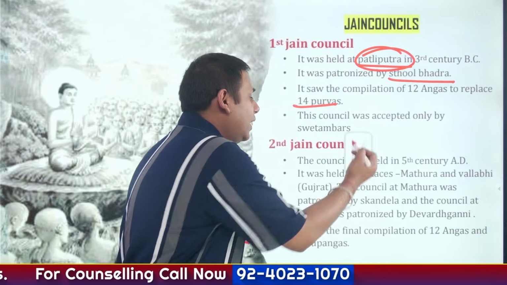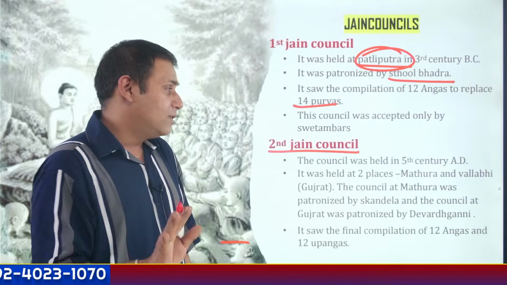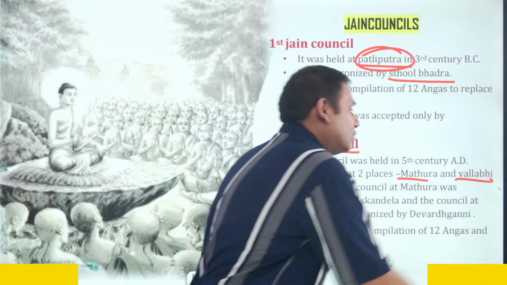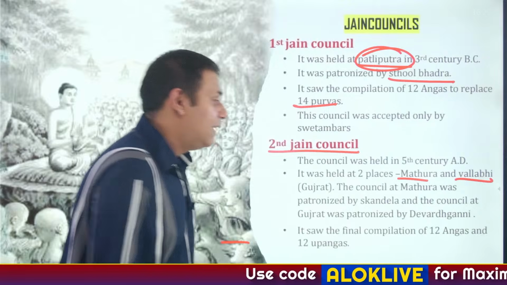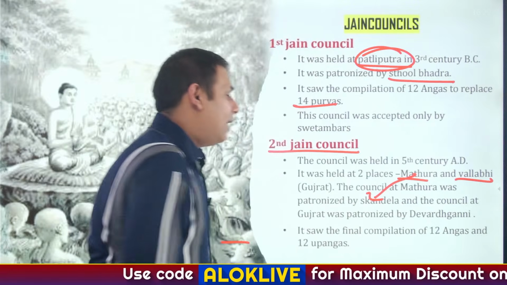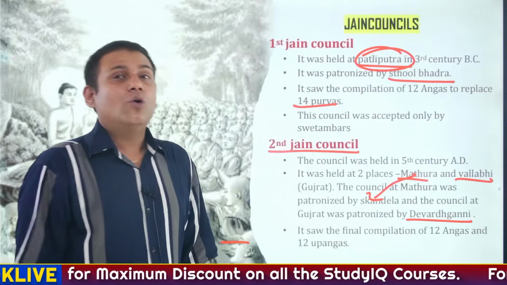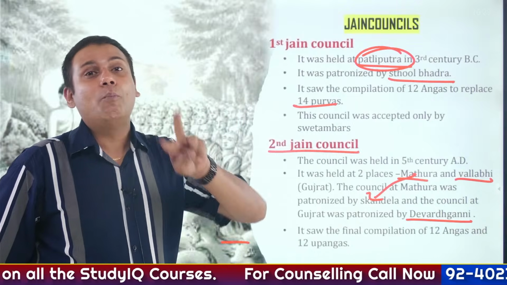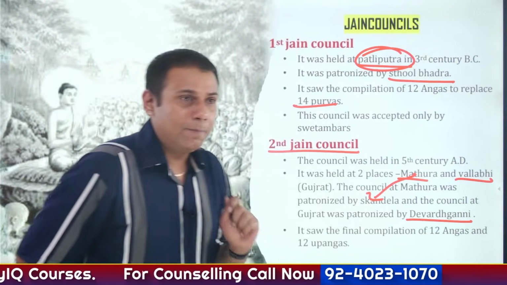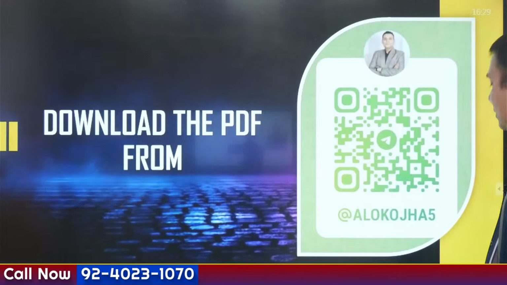Second Jain Council was held at two places. It was held at Mathura and Vallabhi in Gujarat. The one held at Mathura was patronized by whom? Skandela. And the one held in Gujarat was patronized by Devardagani. So in the second Jain council, you can see the compilation of Angas and Upa-Angas. Is that clear? Now let me tell you about one more core principle of Jainism,